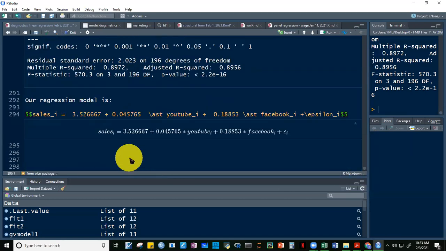Lagyan natin. Interpretation of YouTube. For every dollar increase in YouTube ads, there is a corresponding